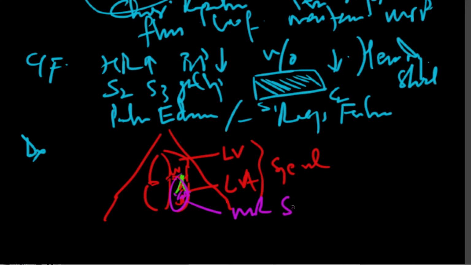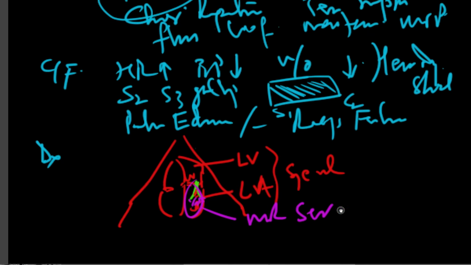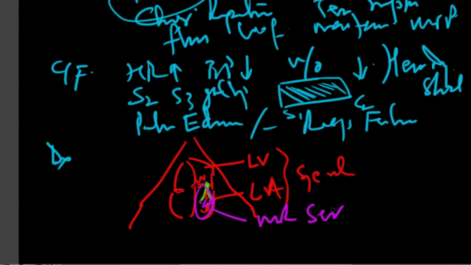So the severity of the MR does not define the acuteness of the MR. Remember that, but it's the LA and the LV size that will really define the acuteness of the MR. If you were to do a Doppler, obviously one sees a Doppler, and then you could see